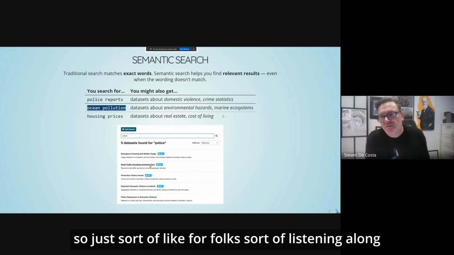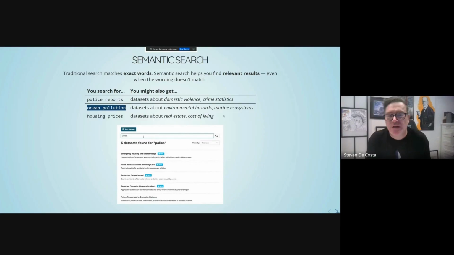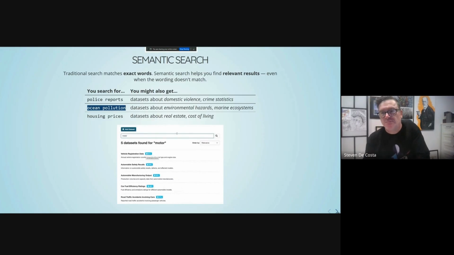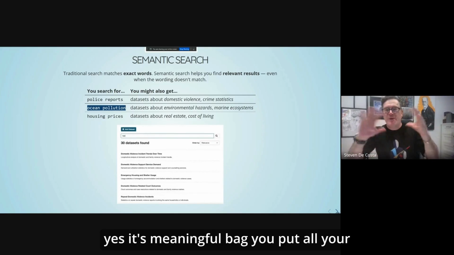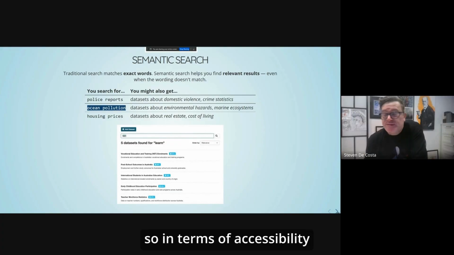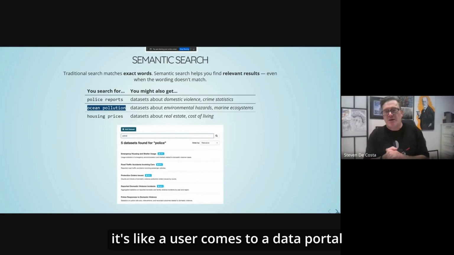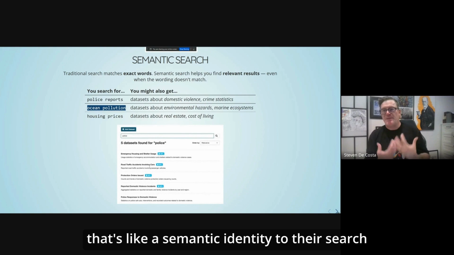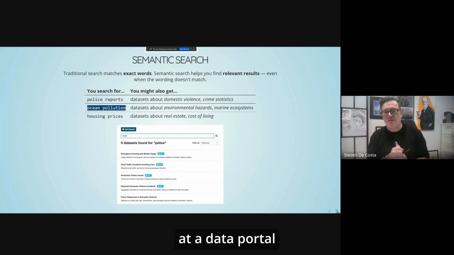So just for folks listening along, things like "semantic" might skip over people's way of understanding the world. It's like a meaningful bag, or similarity search, I might call it. So in terms of accessibility, a user comes to a data portal. They have a goal. Their goal is meaningful to them. That's like a semantic identity to their search or their action at a data portal.